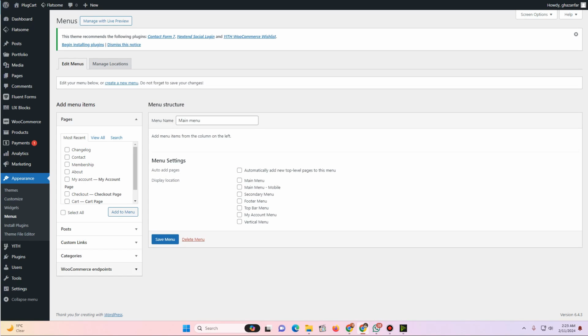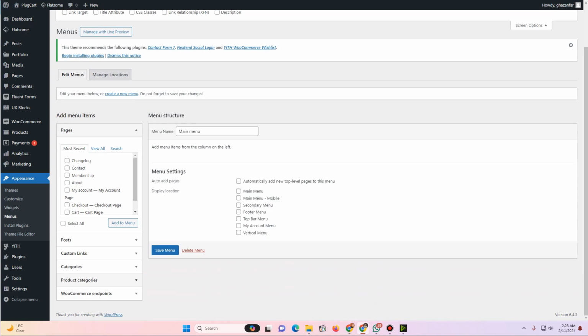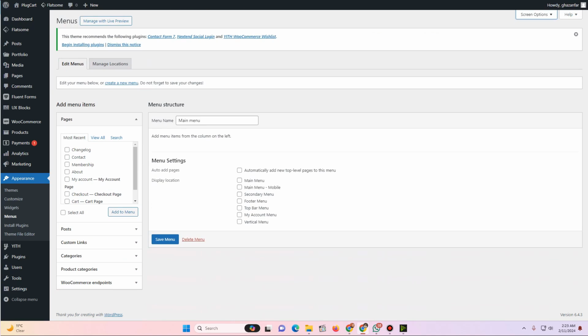Now from here we need to add the WooCommerce categories, but by default you won't see it here. So for that you want to click on the screen options right here, and from all of these options you want to have this product categories option enabled, and as soon as I click here, you can see we'll have these product categories showing up right here because we will need that. So I'll close this from here,